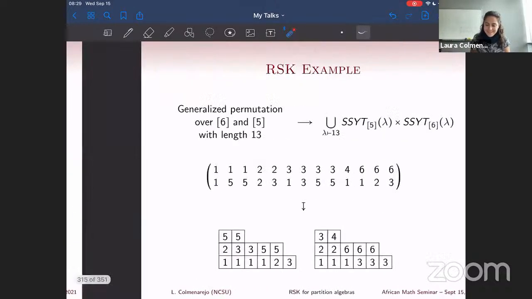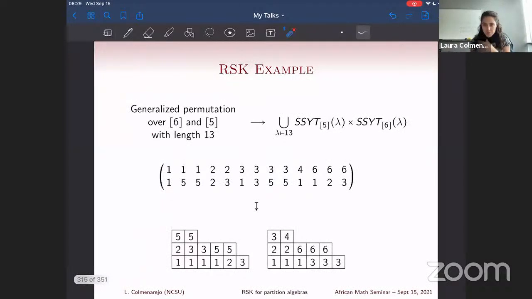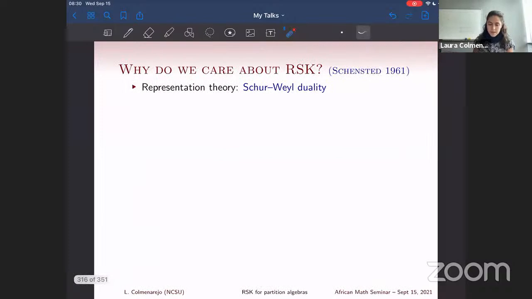Okay. So if you continue doing that, we stop at this point. If we continue inserting this row, we will get to these two tableaux. Now, why do we care about this? Well, we do care. I think it's a beautiful result, but we do care also because it helps us a lot with representation theory. So let me show you how the representation theory shows up for the extended version of the